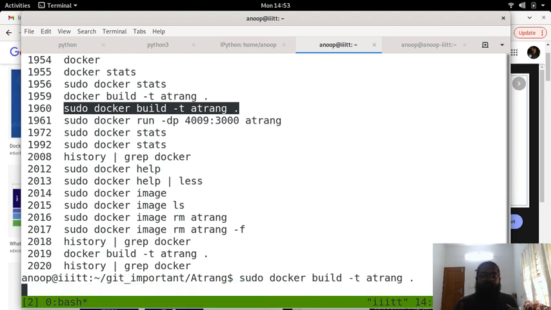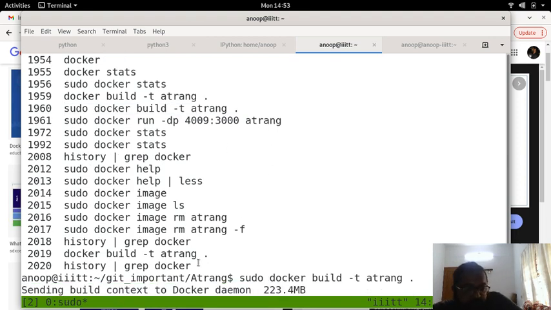Okay, so now take a look at what is happening. It says sending build context to docker daemon. The only thing that we have added is the Docker file. So just understand how the layering works in the web technology part.